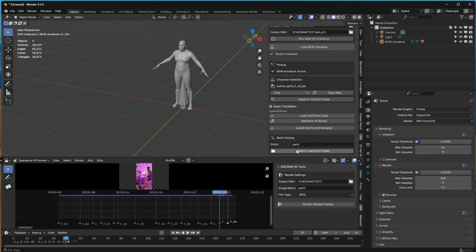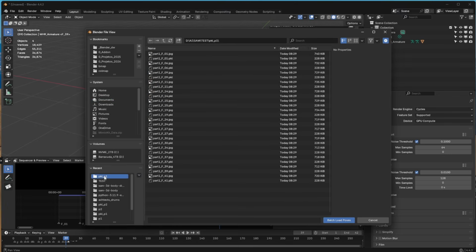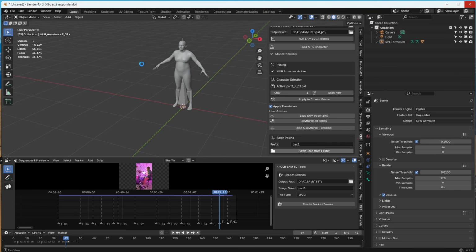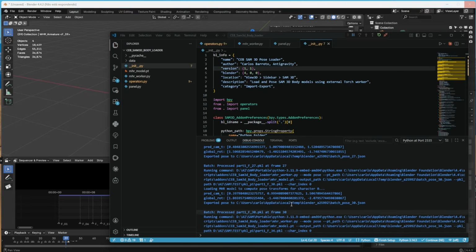And now it's the part where you load the results. So you select the folder. In my case, it's PKLP1, and batch load. So it starts processing, and while it's processing, Blender will be frozen. Just have to wait. It might take a little bit depending on the amount of files that you have. But yeah, if you have the console open, you can see what